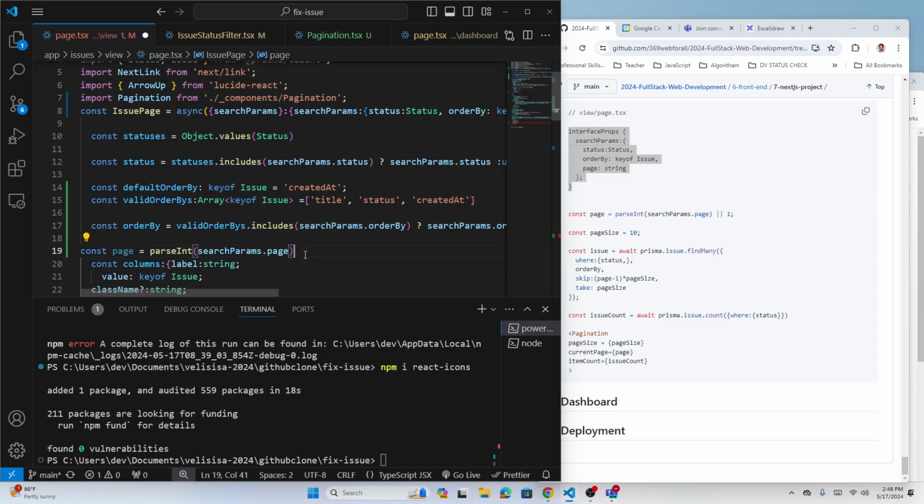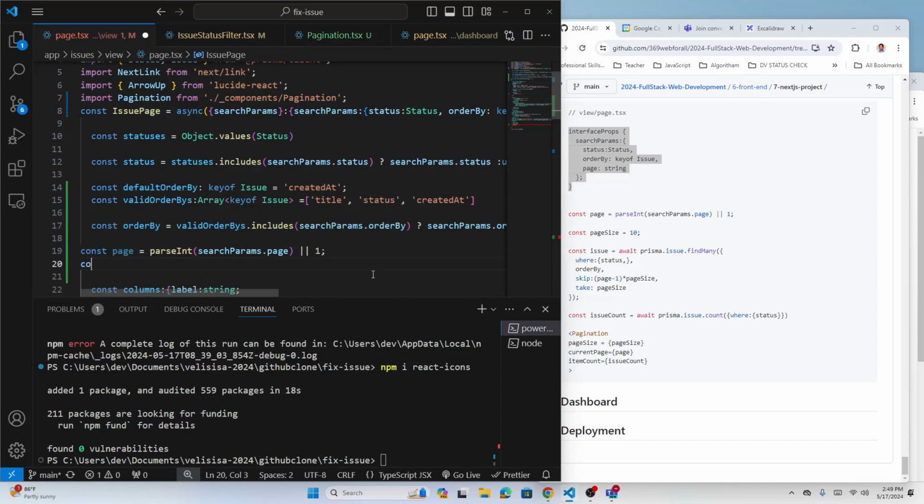That is a number, right? If there is a page, you're going to get that, else just make it one, because we can have at least one page. If there are not many, then at least we have one page